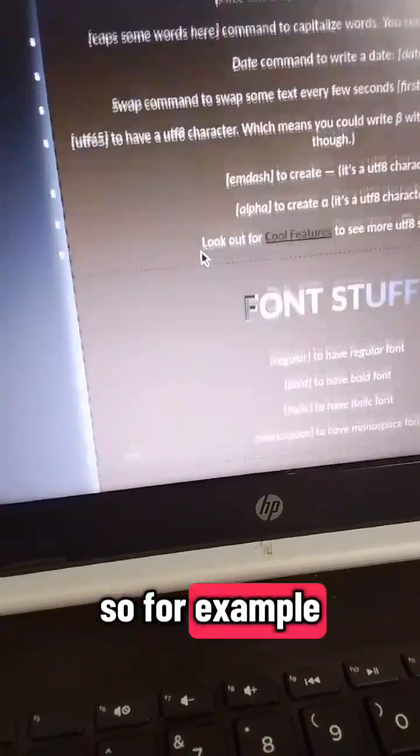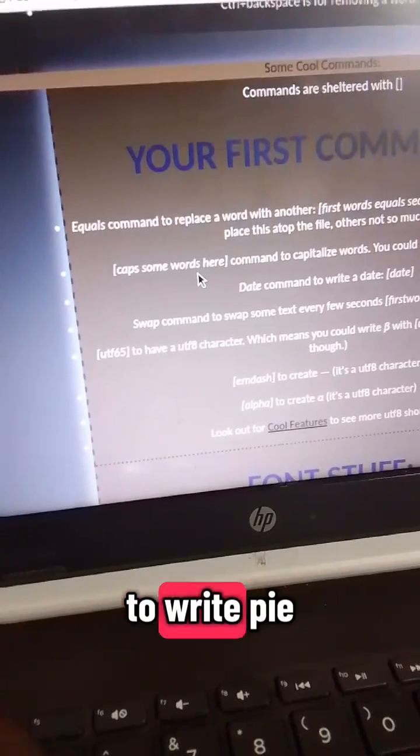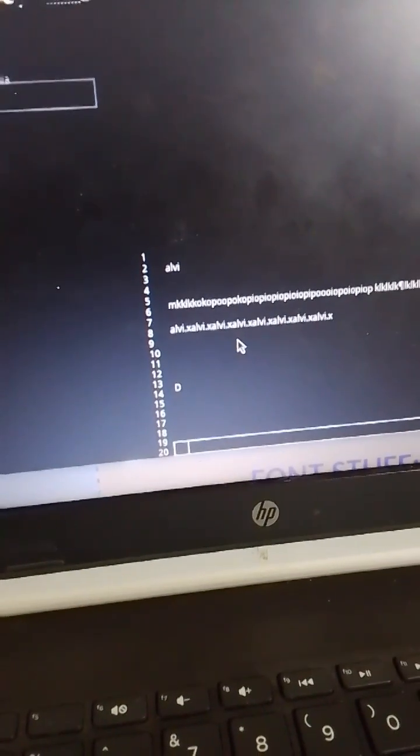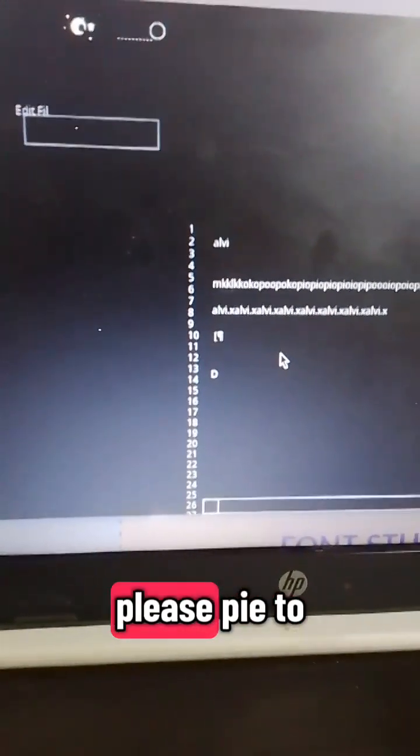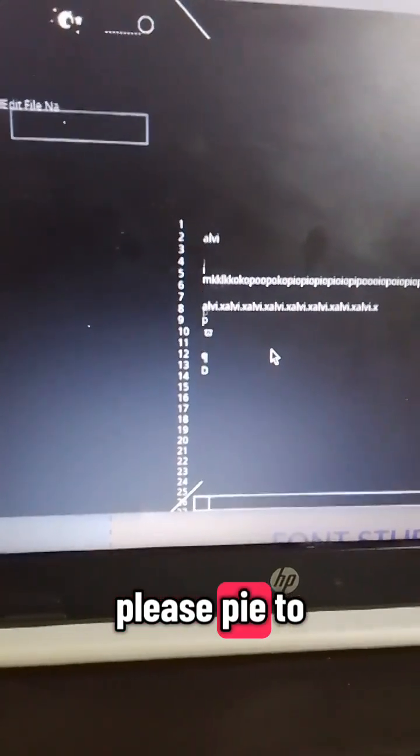So for example, if I wanted to write pi, a cool command, some more cool commands. So okay, focus please. Pi, it will give me